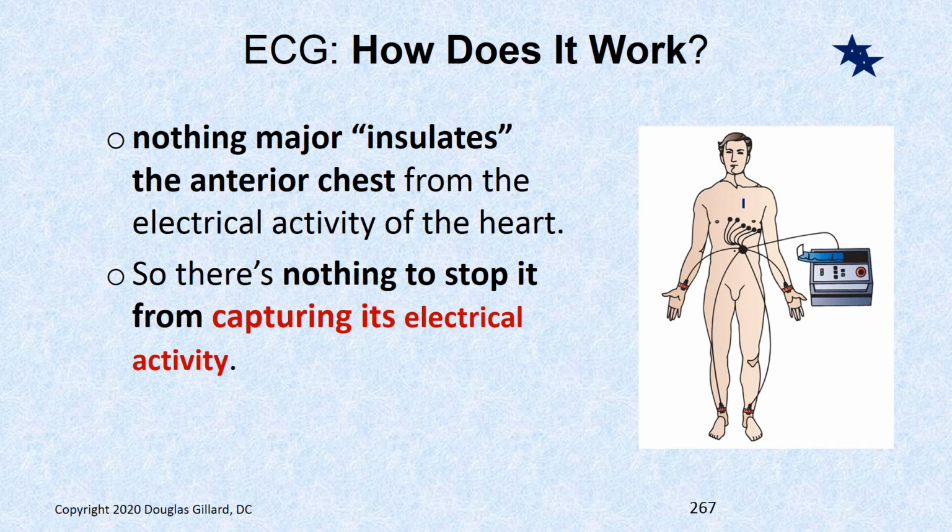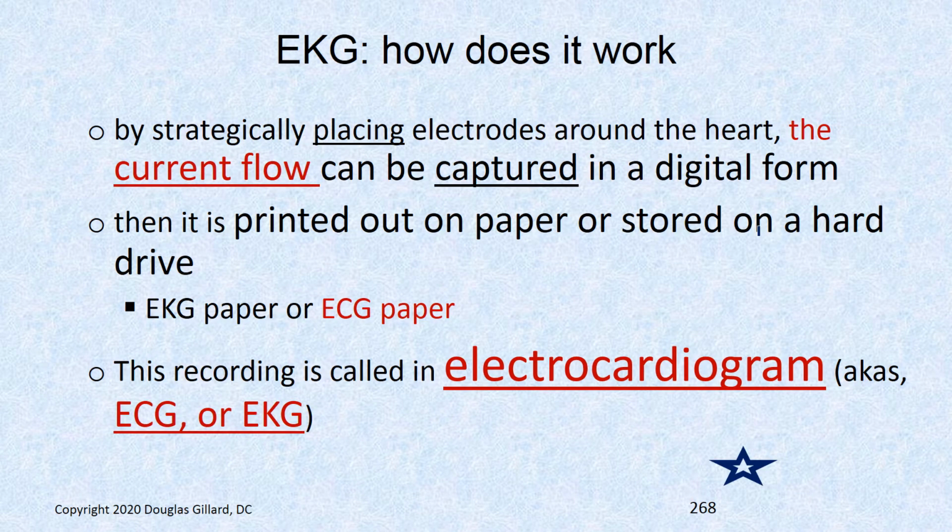How does it work? Well, there's nothing that insulates the anterior chest, so you can put some listening electrodes and you can listen to the electrical activity of the heart just fine. And by strategically placing electrodes around the heart, the current flow can be captured. You have to put them the same way every time so you get the same pattern of capture. That flow of electricity through the heart is printed out on paper and then stored on a hard drive. That recording is called an ECG or EKG,